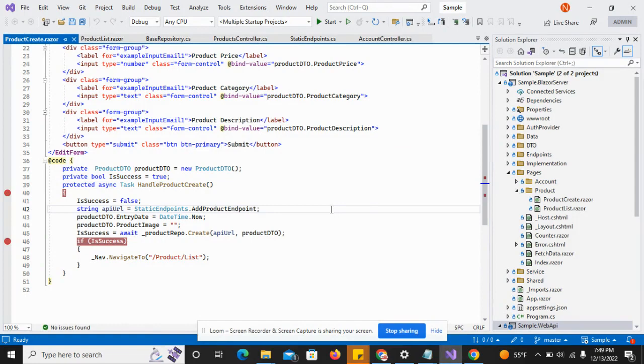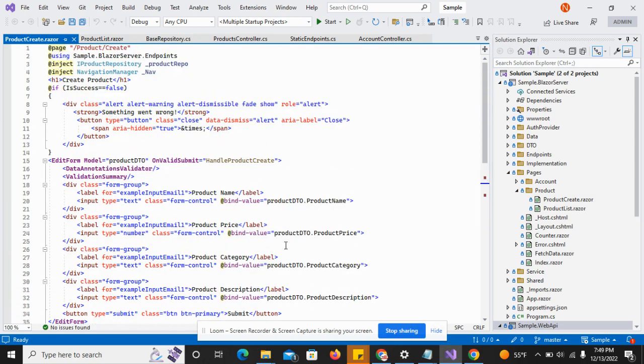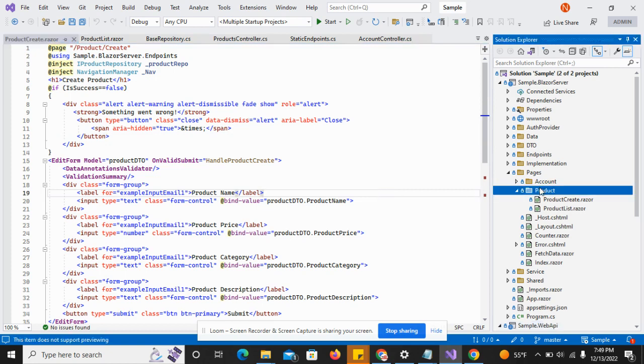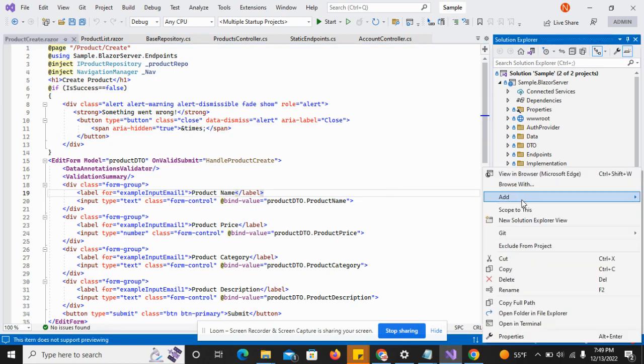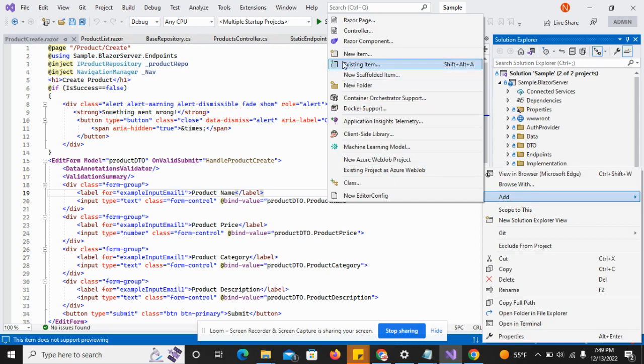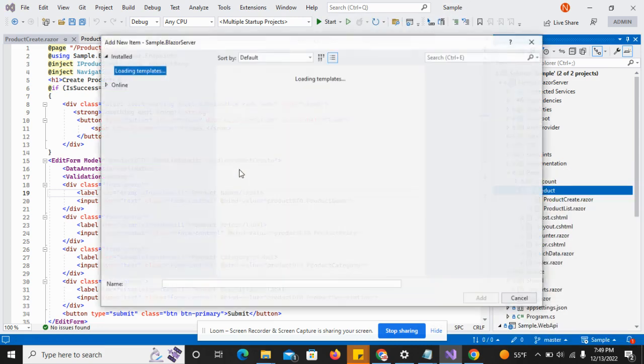In the previous video, I created the product create user page and did the implementation for that. So in this video, I have to add the update functionality to our product. So I have to add one edit page. Just right click on the product and select the Razor component,